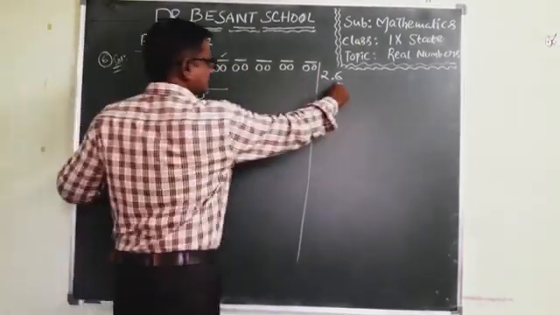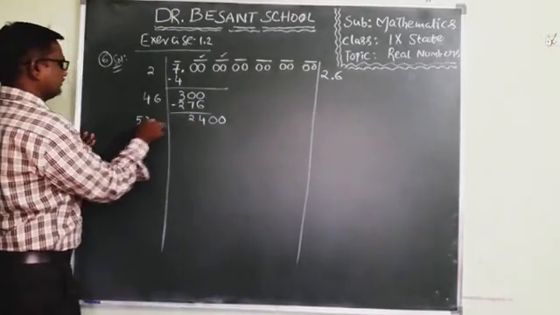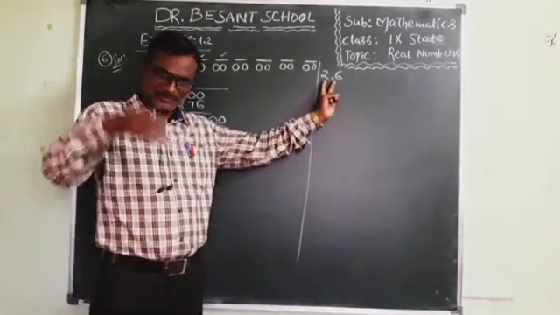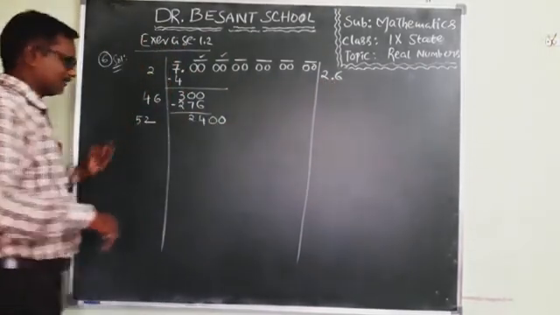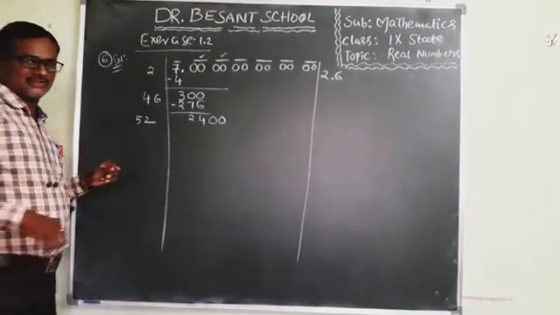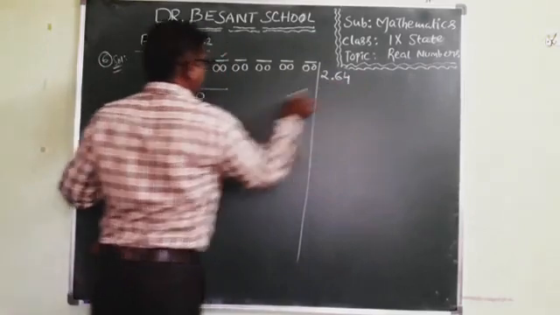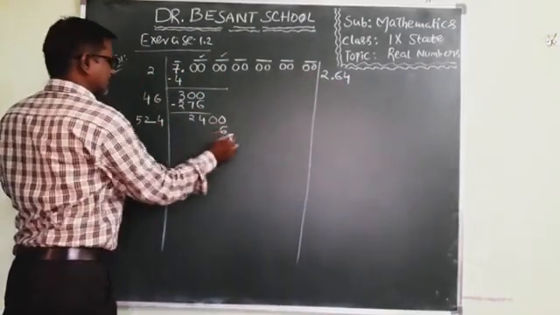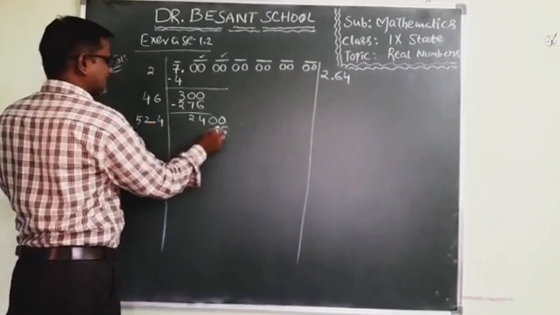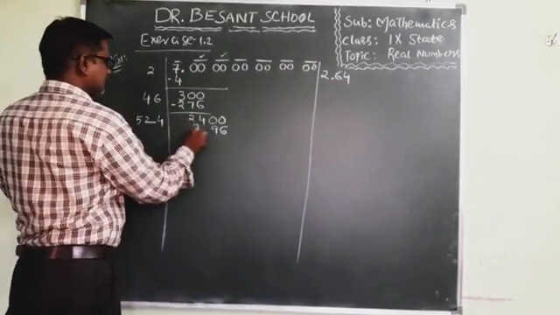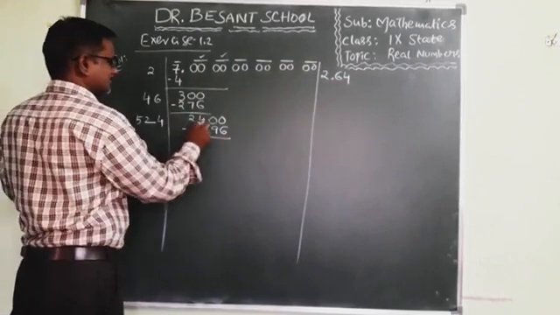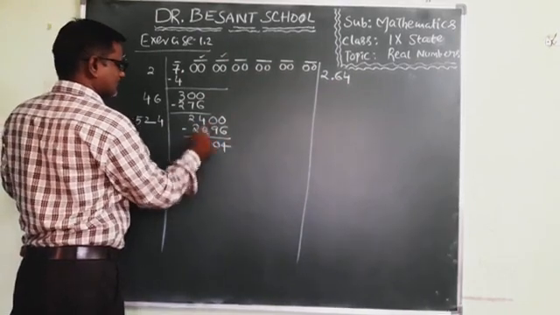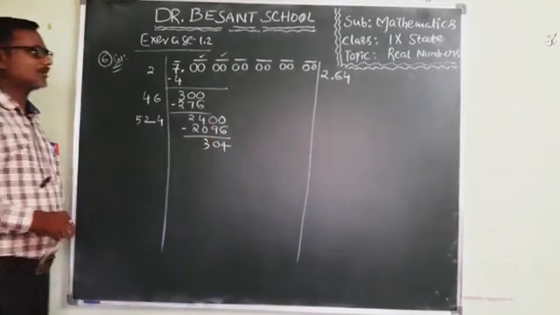Now observe. Replace these 2 zeros. Again 26 becomes a double, 52. Let it be 26, it becomes double of 52. By what should we multiply on both sides? Once verify. 4. 4 4s are 16. 1. 4 2s are 8 plus 1, 9. 4 5s are 20. Now minus. 1 bar. 10 minus 6, 4. 9 minus 9, 0. 3 minus 0, 3.